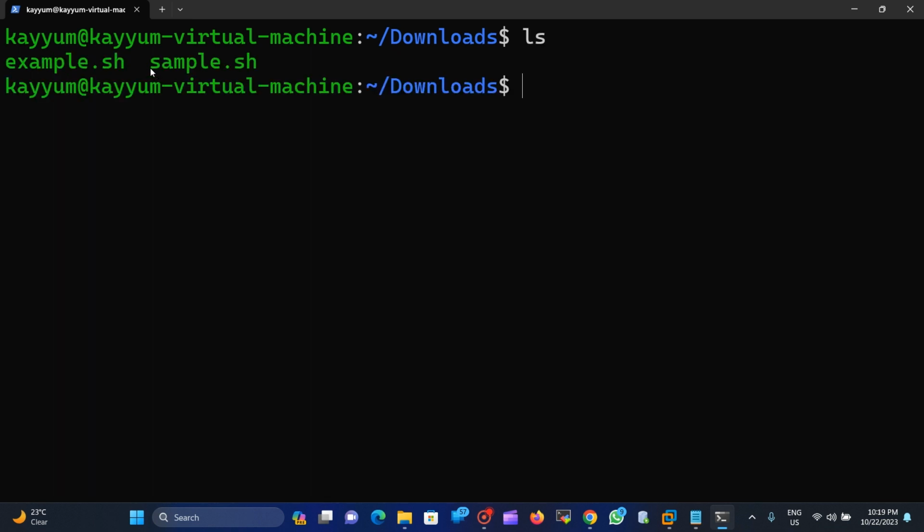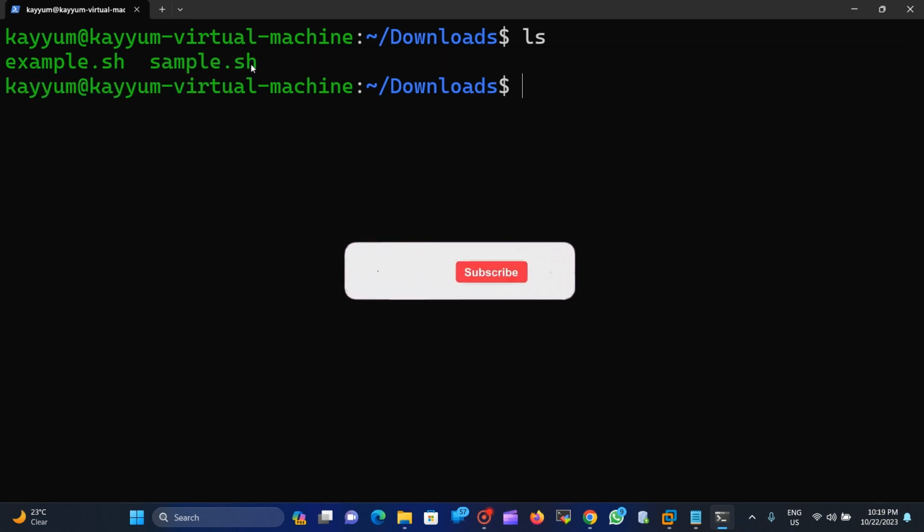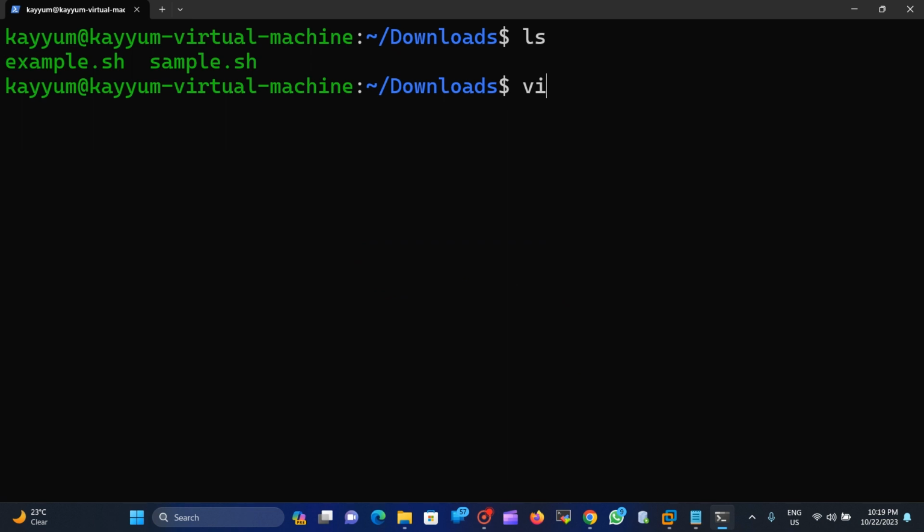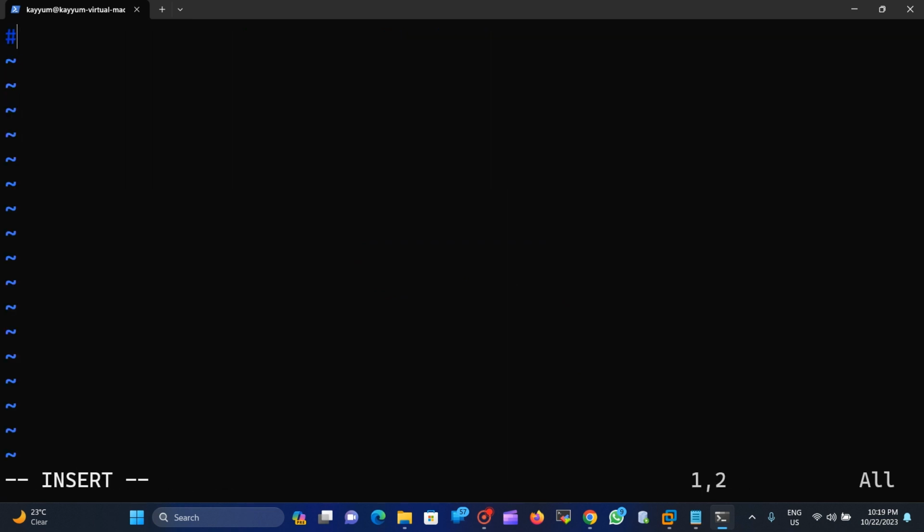So we will see the next concept, which is importing variables and using them from one shell script in another shell script. We have created example.sh here. So just go inside with vim example.sh, mention the path name here, /bin/bash, right? And then here we will say export, or say